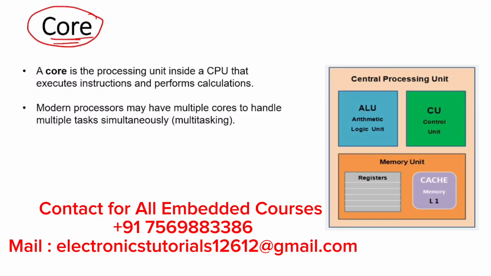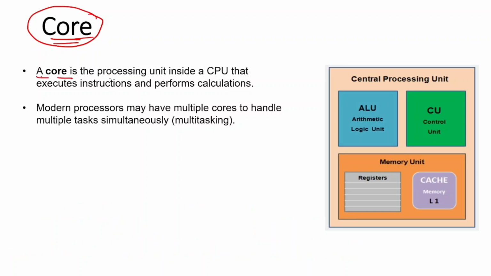All of you remember, most of the people think processor is a processing unit, there is no other unit to process. But here the fact is, the core which is present in the processor is the actual processing unit. Now let me tell you the definition of core. A core is a processing unit inside a CPU. Here CPU is nothing but, simply you can say, processor